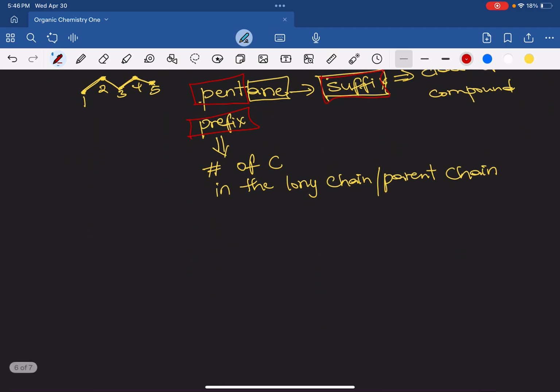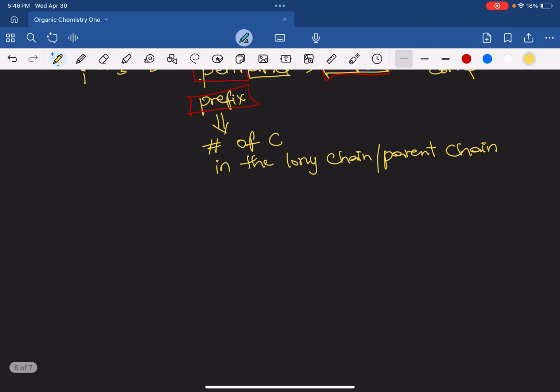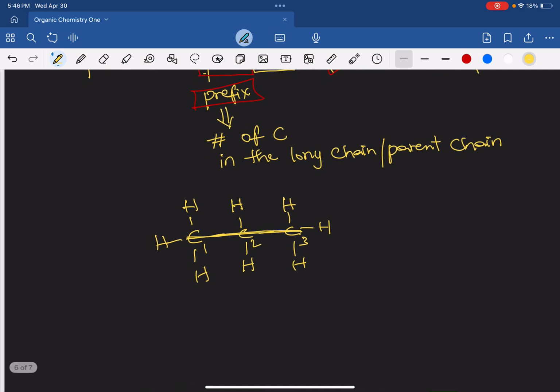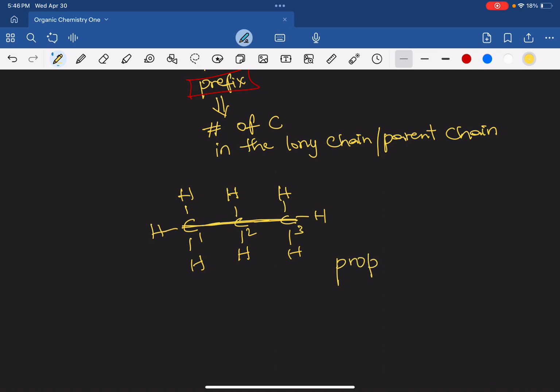Let's look at an example that's not a line angle. So let's say we had this. So we have 1, 2, 3 carbons in our long chain, and I already taught you how to identify the long chain. There's 3 carbons in our long chain here. So the name, the prefix, or the name begins with prop, and it's an alkane, so it's a-n-e,